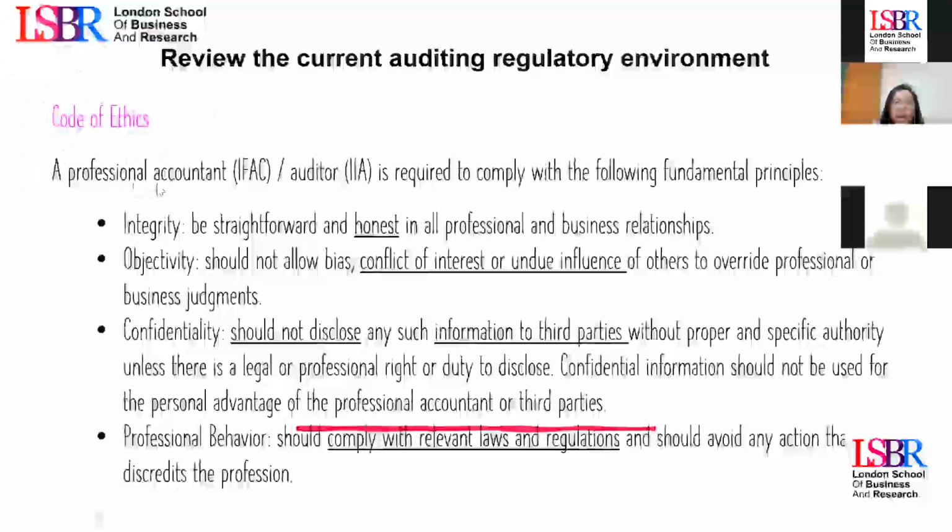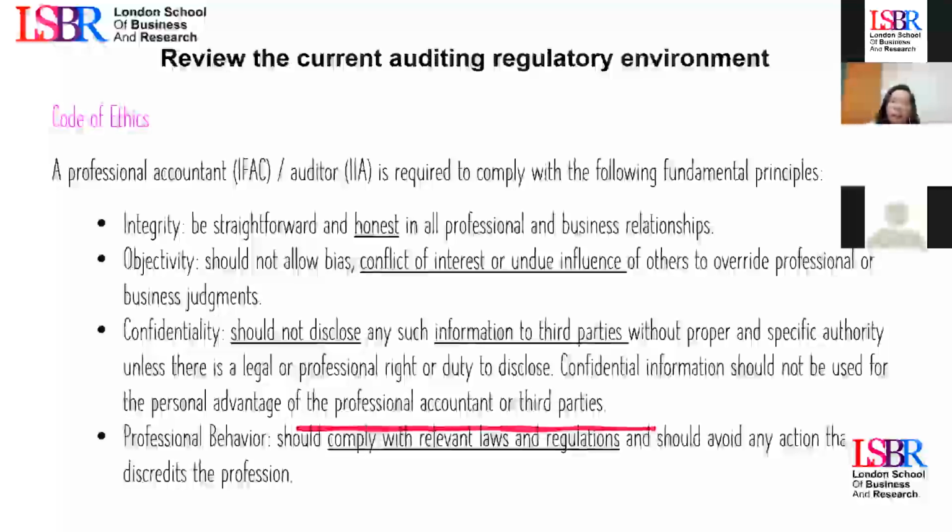The code of ethics of a professional accountant is issued by IFAC, and the code of ethics for auditors is issued by the IIA, that is the International Institute of Internal Auditors. But in general terms, the code of ethics for accountants and for auditors are the same. And the code of ethics contemplates 4 elements, that is integrity,